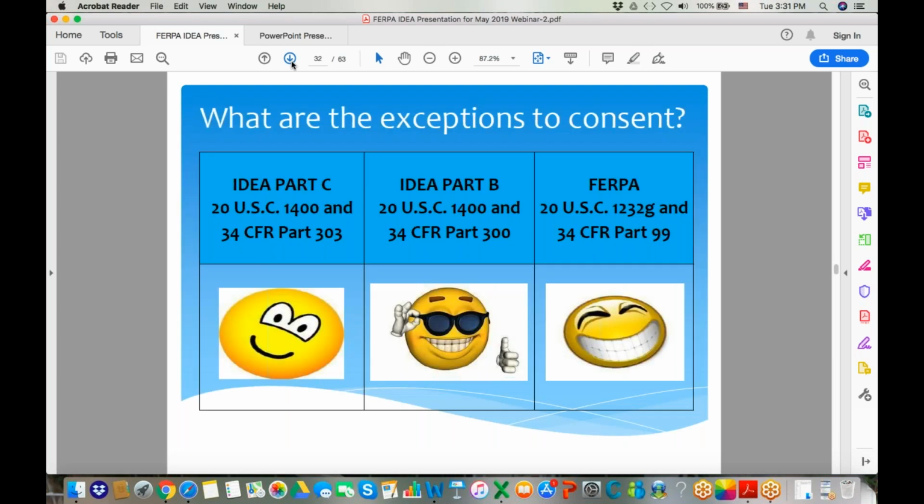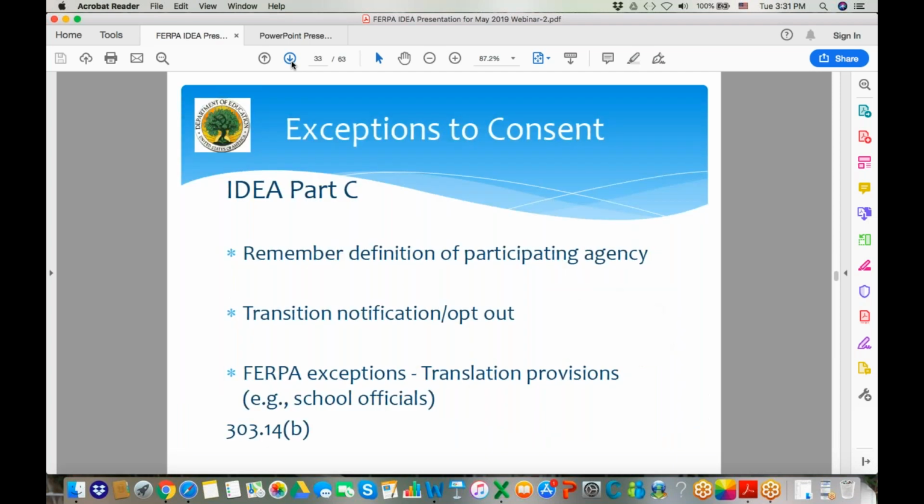Next slide. So we just talked about what needs to be in those consents, and typically before any information can be shared, you have to have the prior written consent of the parent, unless there is an exception. So over these next couple slides, we're going to talk about some of the different exceptions to prior written consent. And as you can see, we have some differences across the three statutes. Kala, do you want to start us off by talking a little bit about the exceptions to consent under Part C? Sure, thanks, Frank. So this slide is probably out of order because the general exceptions that you would think of are primarily under FERPA, and Frank is going to talk about those as well.